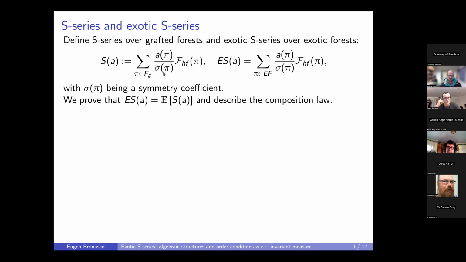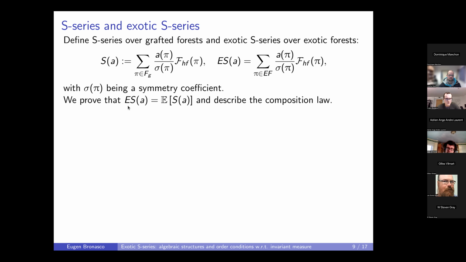So also, we recall that the differential operators corresponding to grafted forests are random variables, so they contain some noise. And if we take the expectation of an S-series of a grafted forest, we obtain an exotic S-series, which in itself is not a surprise, but the surprise is that the relation is so clean that we don't get any additional coefficients appearing in this relation, which is shown here. This is due to the fact that the definitions contain this sigma coefficient. It turns out that this coefficient is exactly right to get such a nice